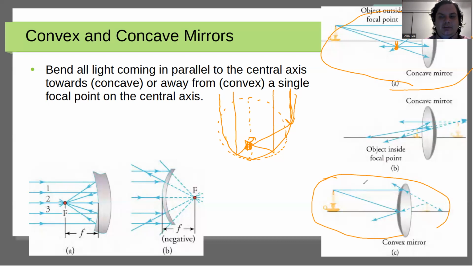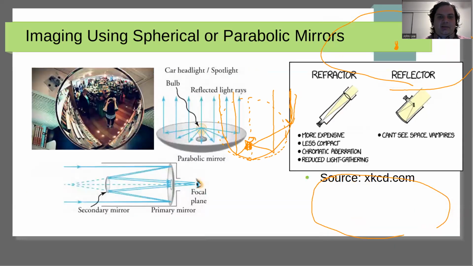Yeah, it's always going to give you a virtual image. As I say this, I'm not 100% sure about it being smaller than the object, but I think with the reasoning that I'm using right now, it should be. So, a way that you can test this out is you'll see these at convenience stores, right? You'll see a convex mirror at a convenience store,